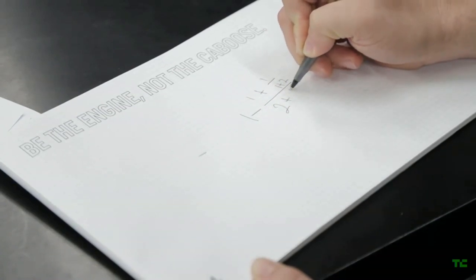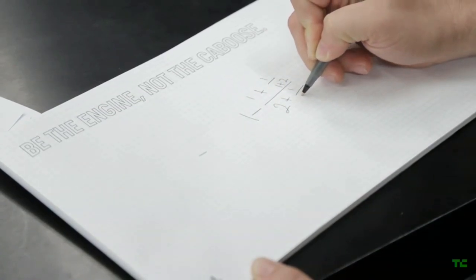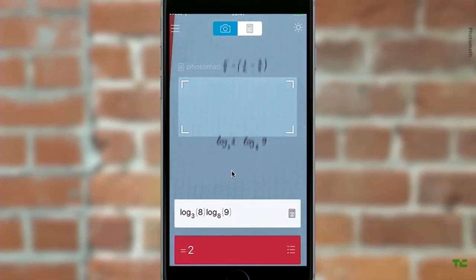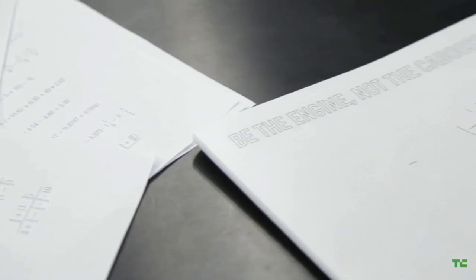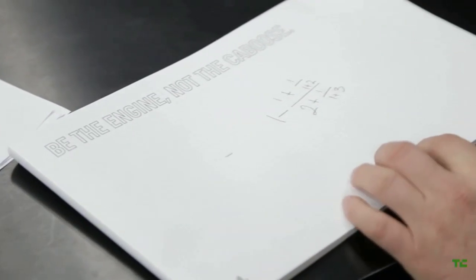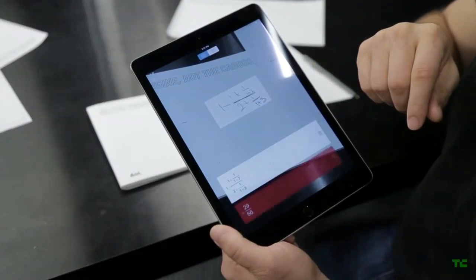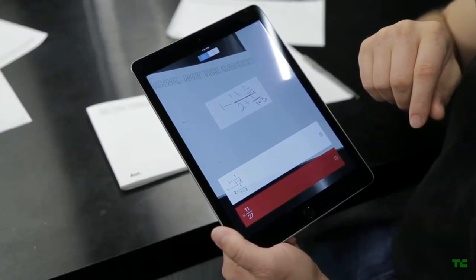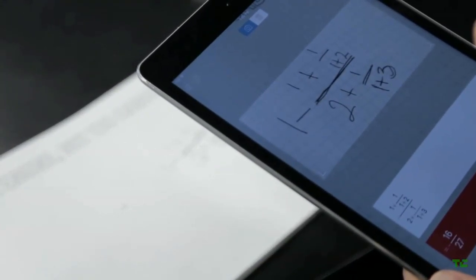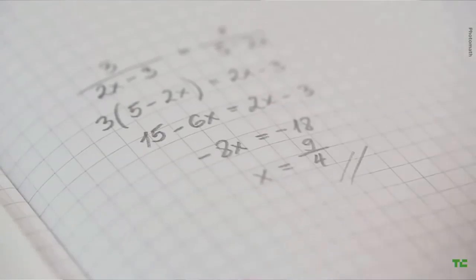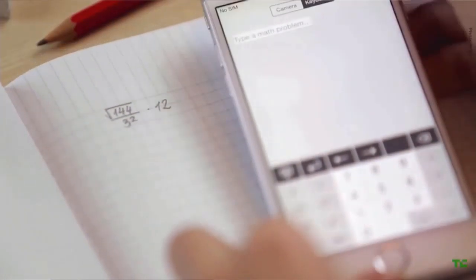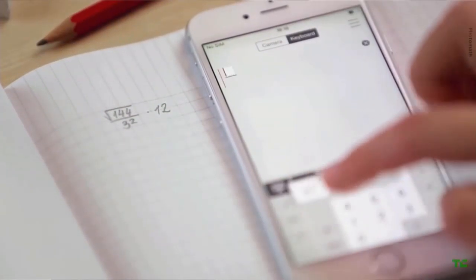Previously, the app was only able to read printed text. We experimented with several people's handwriting, and PhotoMath picked it right up. The only problem I came across was with division bars. PhotoMath had difficulty delineating the order of operations. This was simply remedied by embolding the lines. But if all else fails, PhotoMath has included a keyboard option for you to manually edit or type any equation